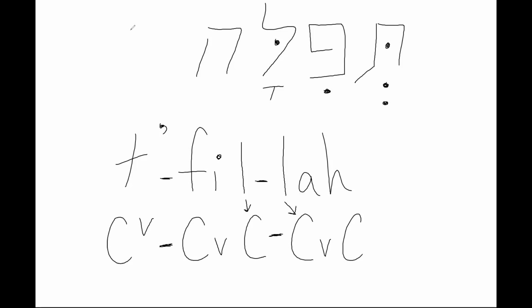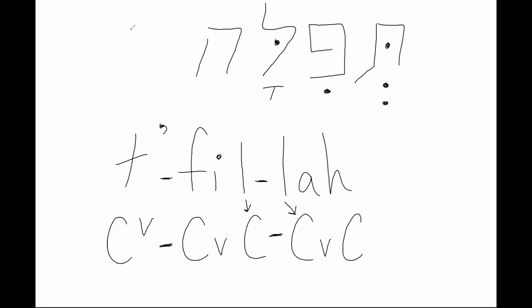All right, so far things are relatively simple. There is, however, one potentially confusing issue. The beged kefet letters can take a dagesh forte or a dagesh lene, right? So question, how can you tell which dagesh is being used in a beged kefet? Well, I've already said them, but I'll repeat them here from the book. The dagesh in a beged kefet is a forte if preceded by a vowel. I already said that. Number two, the dagesh in a beged kefet is a lene if preceded by a consonant,